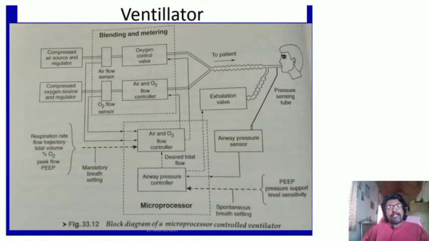As you can see in the diagram itself, this is a block diagram of the ventilator. This ventilator has two important parts. One is the upside part, this one. I hope you can see this one, the top part, as well as this bottom part. This top part is where the oxygen as well as the air will be mixed, and there will be a storage tank as well.